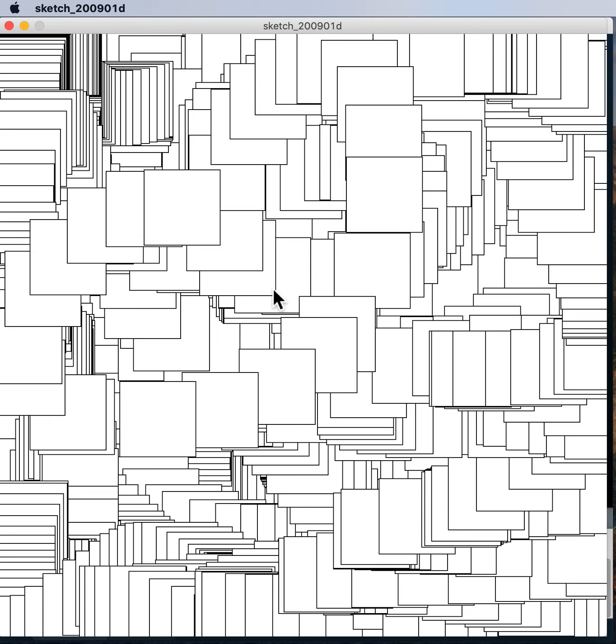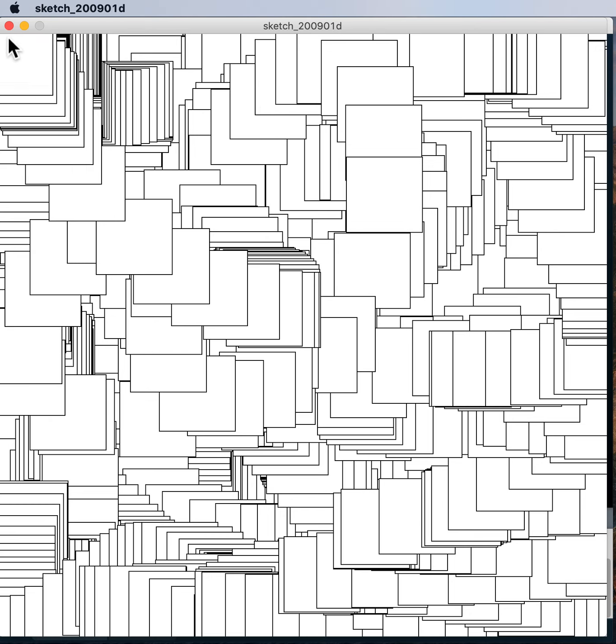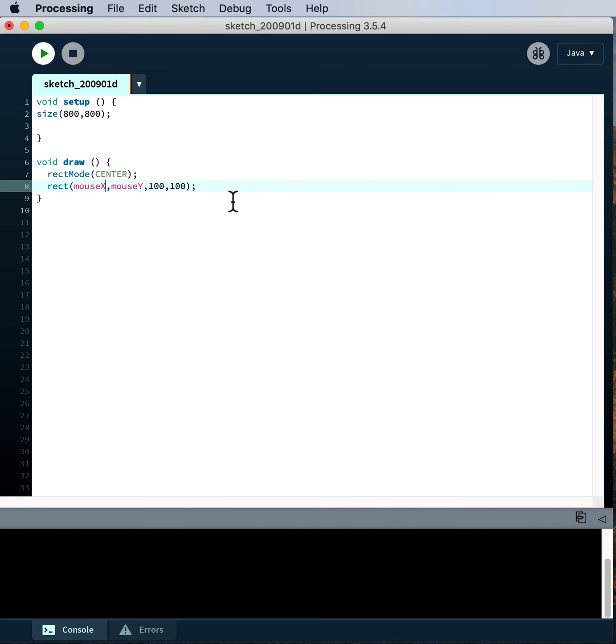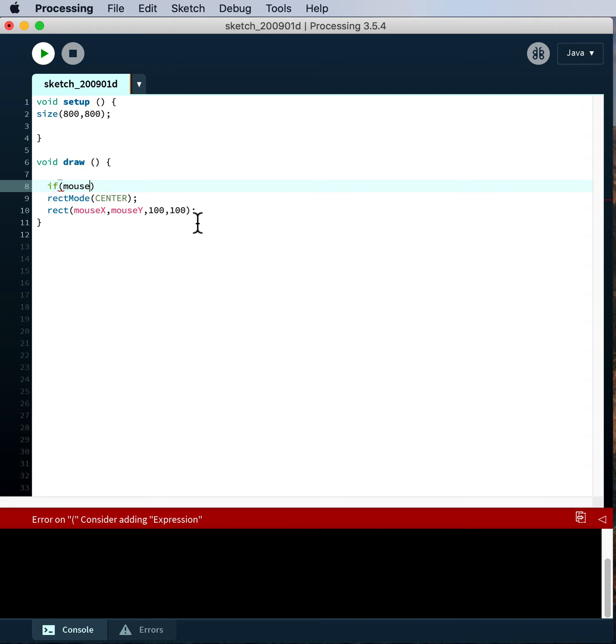Okay, and then the other kind of input I want to get is what happens if you press the mouse. And this is going to involve something a little bit more complicated, because you can't just simply say mouseX is my variable. What I need to do here is create an if statement. I'm going to put the if statement above the rectangle, because I'm going to want to change the fill color of the rectangle when the mouse is pressed. So the if statement is going to look like this. It's going to be if, in the parentheses, mousePressed,